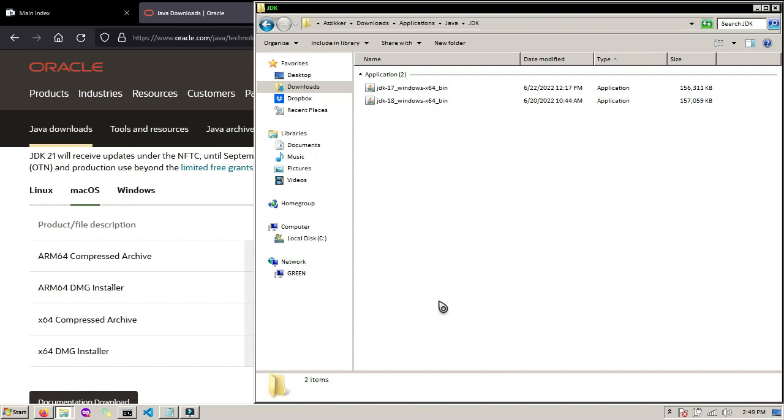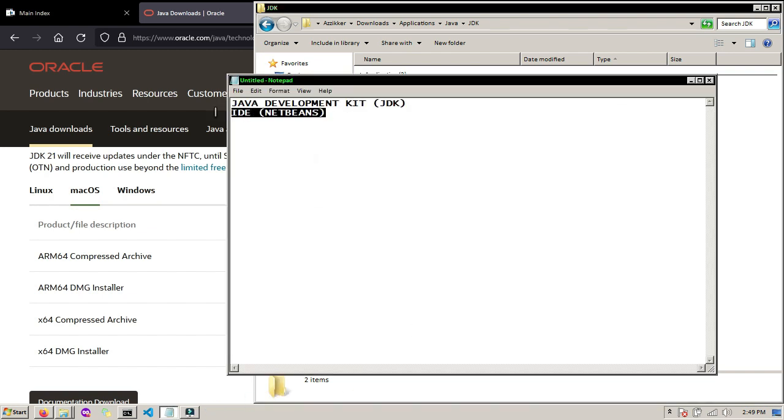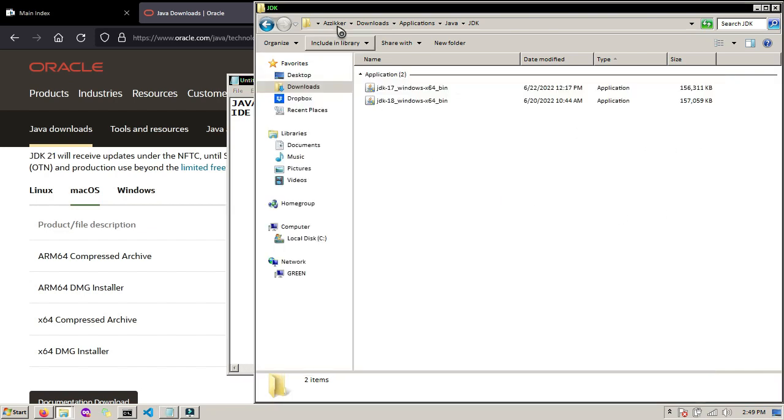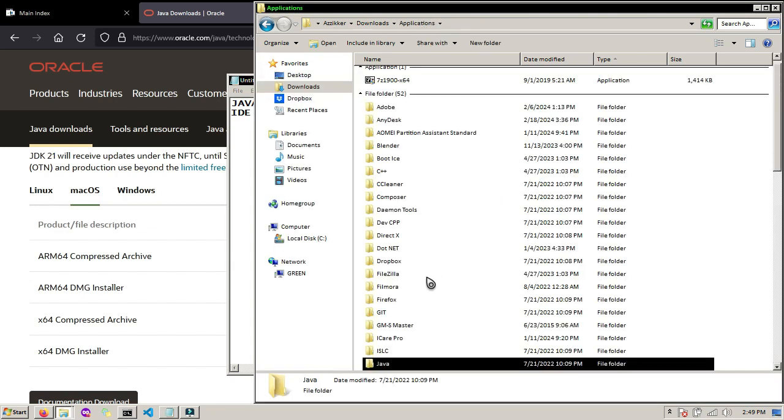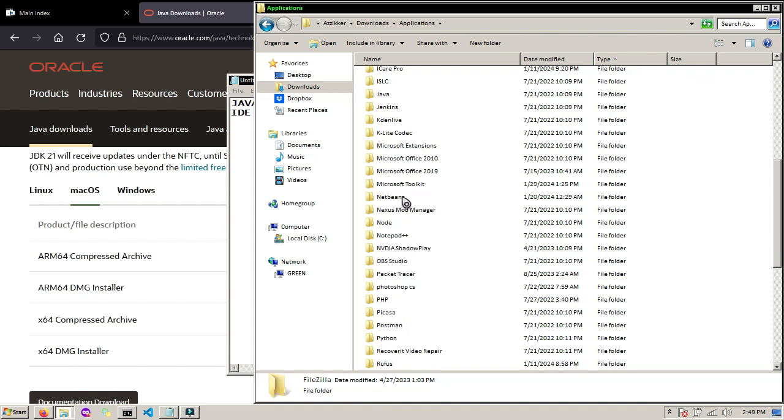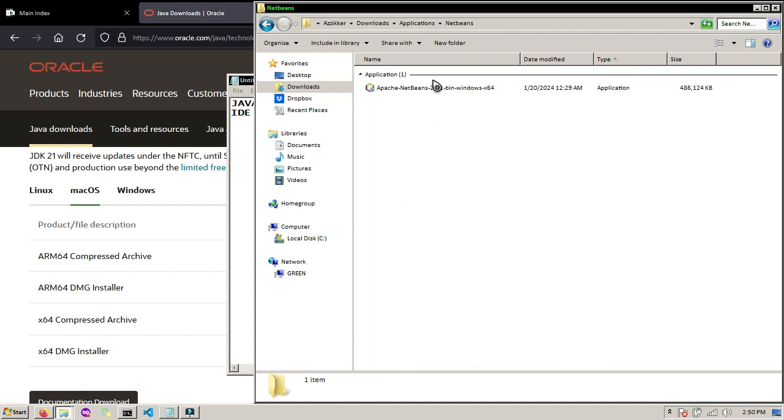Now that we have the JDK installed, all we need to do is install the IDE. So I have here the NetBeans, the IDE we're going to use.